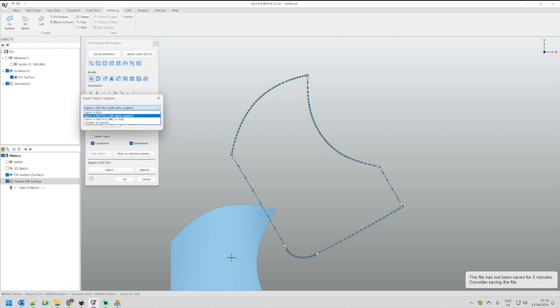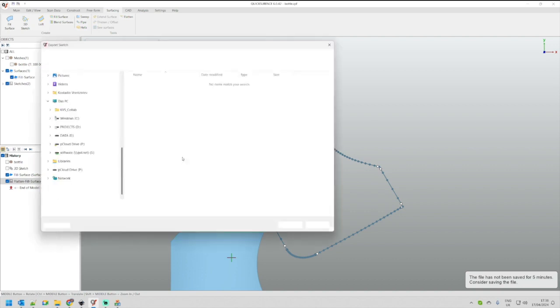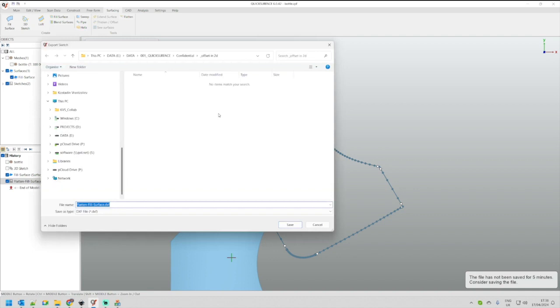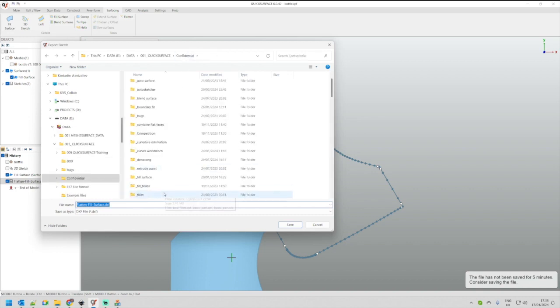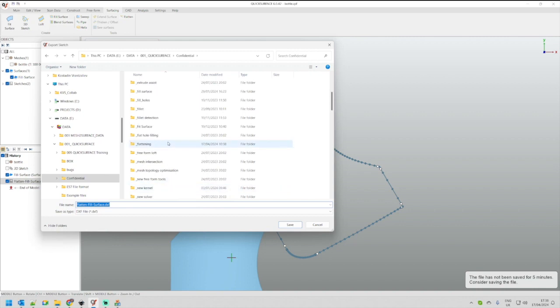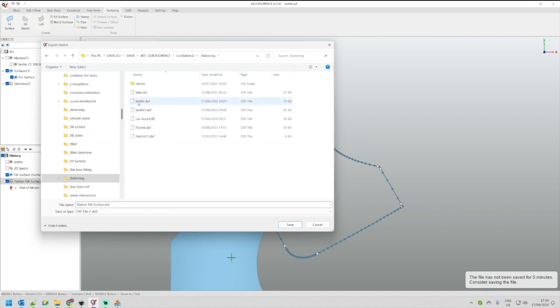The reason for this is because this file format supports splines, and this is the right way to do it, and I can just make sure that this has been selected. I will then press export in order to export this for my needs. I will just pick something in my directory which is relevant,